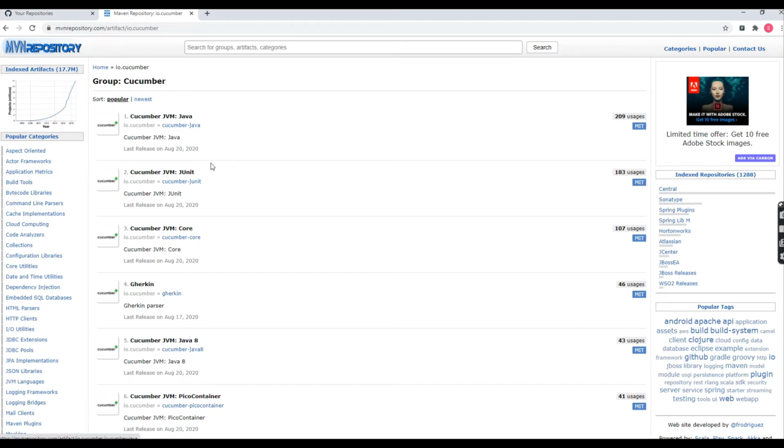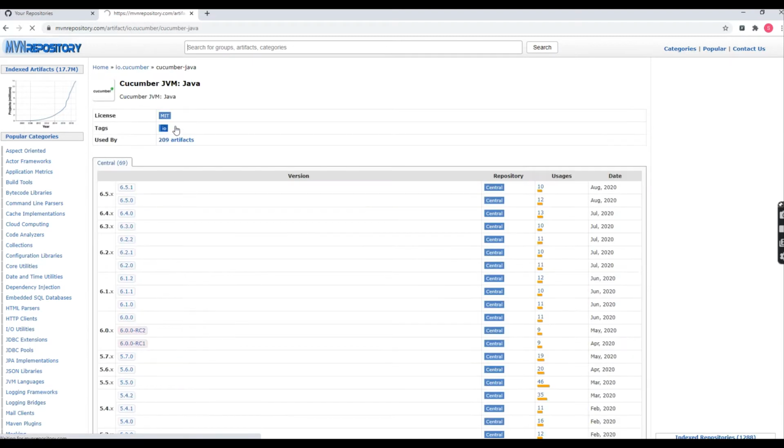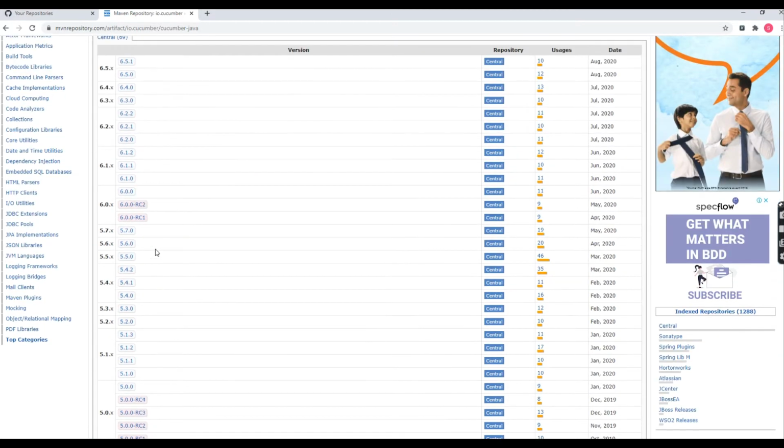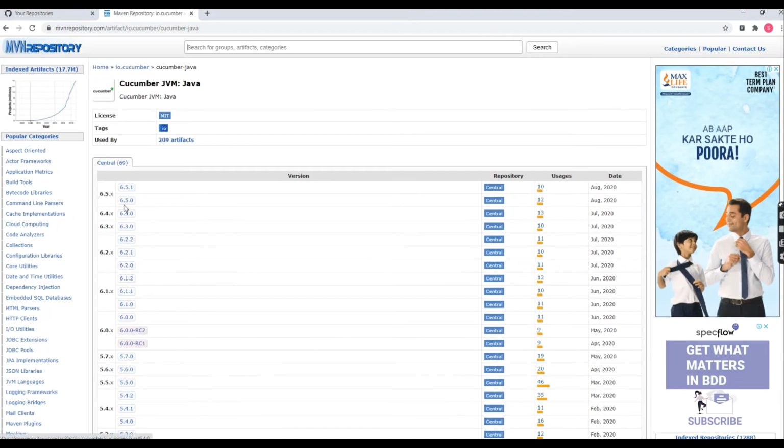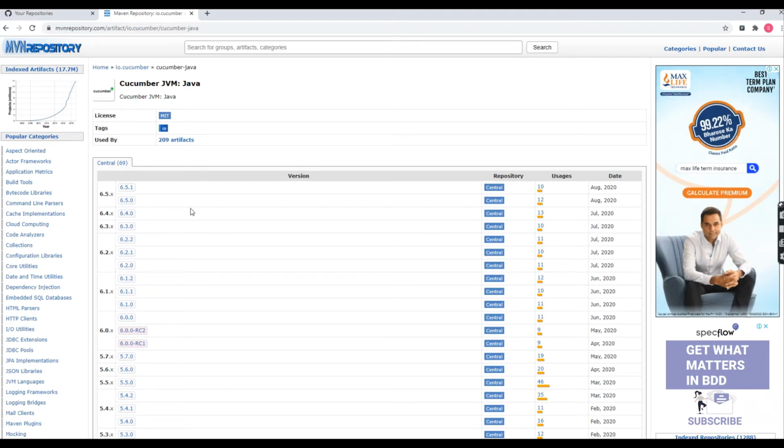Click on this one. I am just going to tell you one example of how you can take a Maven dependency. Here you can see a lot of versions available. Choose the latest one, which I have taken as 6.5.0.